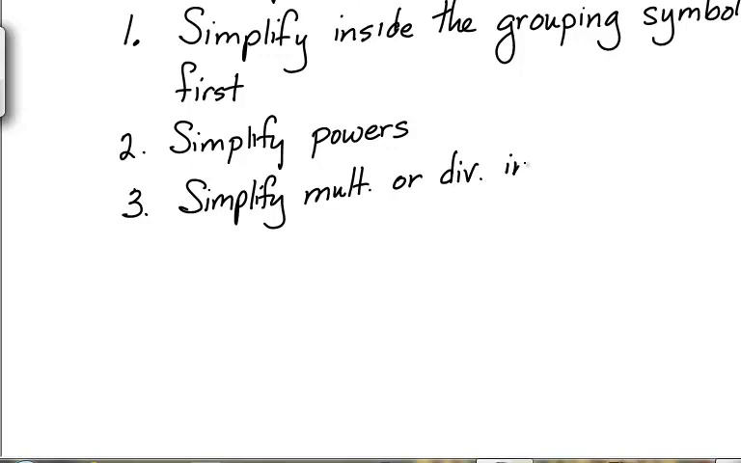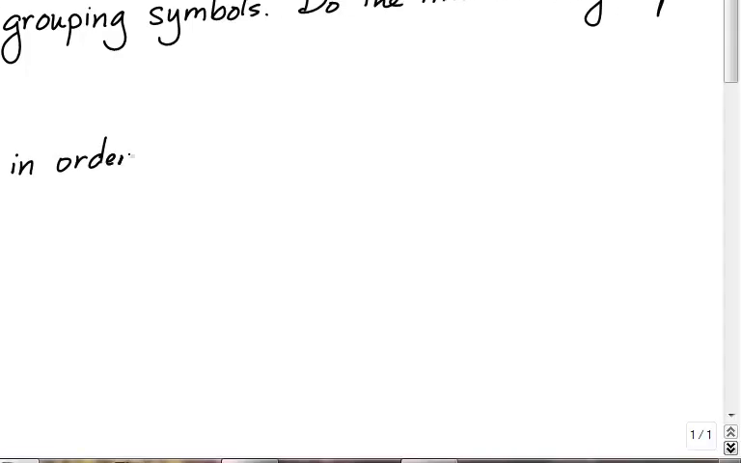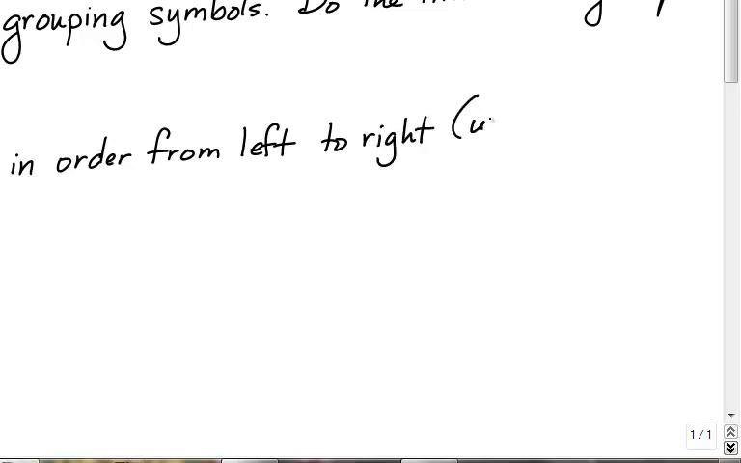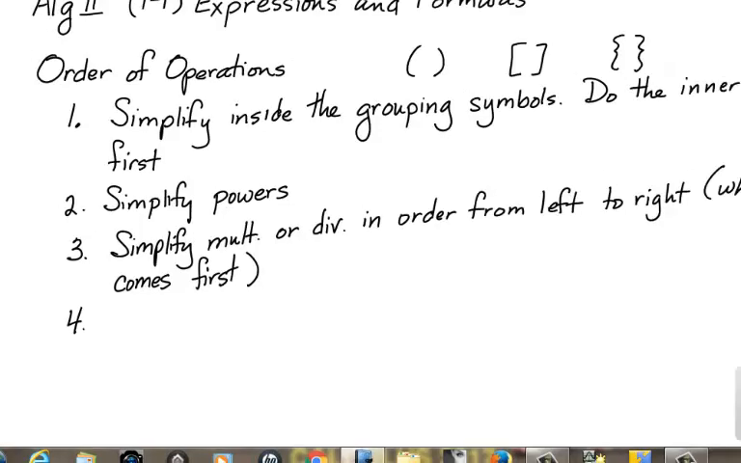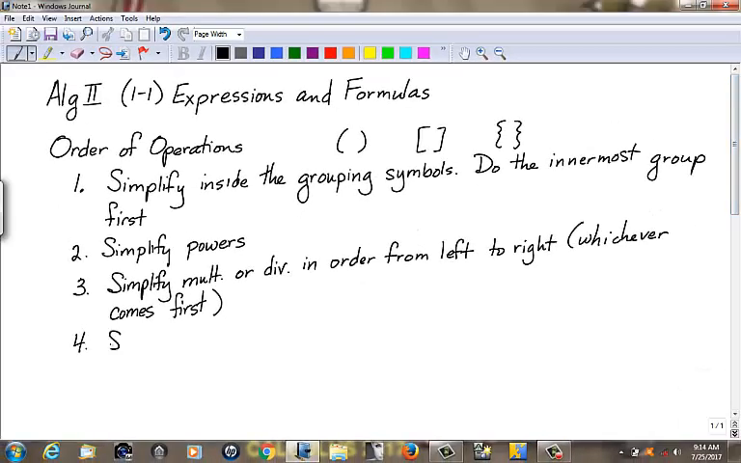Divisions in order from left to right, and that's whichever comes first. So you go left to right. So if a multiplication comes first as you're going left to right, simplify it first. If the division comes first, left to right, simplify it first. Okay? And then the last step is to simplify